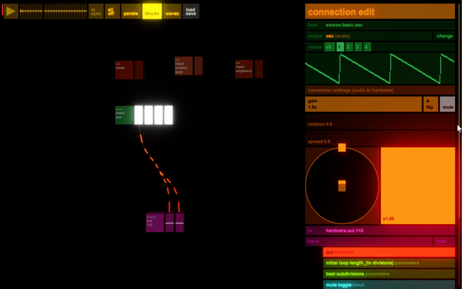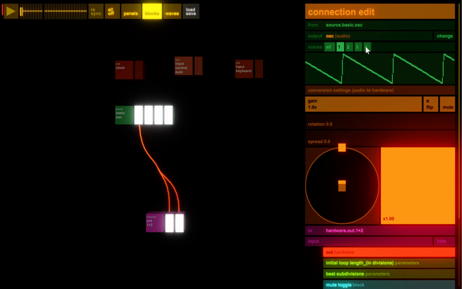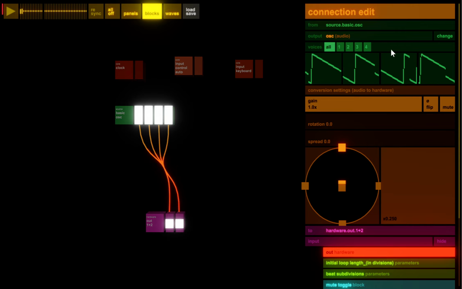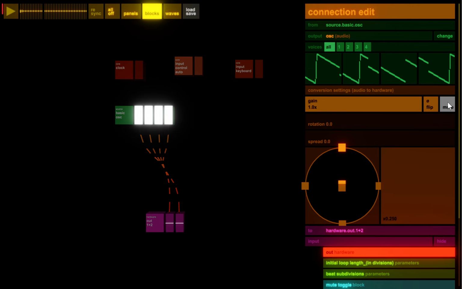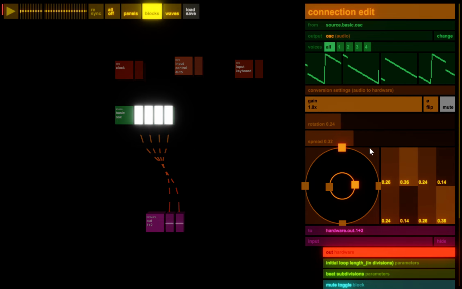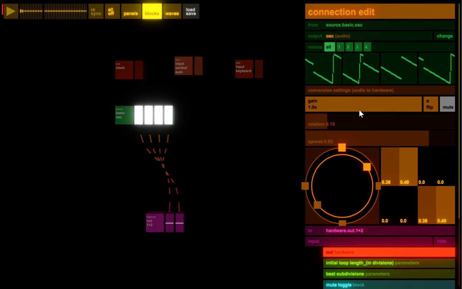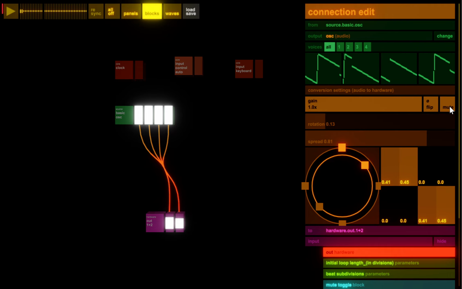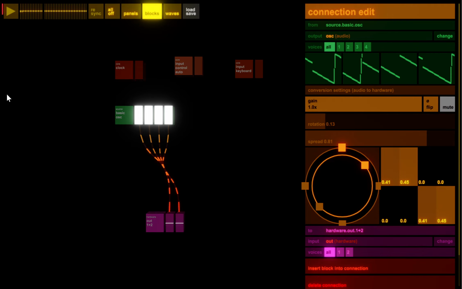Maybe I only want to connect the first voice, or 1 and 4, or all of them. And because you've got 4 outputs going to 2 inputs, this lets you control how they're balanced between them. And that's where it's routed to.